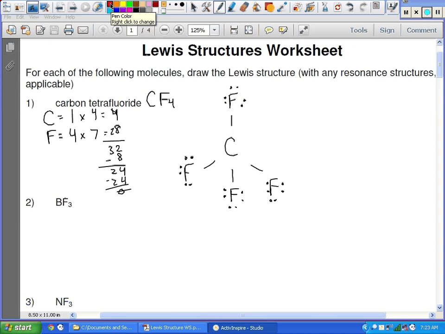Now let me go ahead and do a few other things. The first thing I'm going to do is list the model, what model this fits. Then I'm going to list the shape, and I'm going to do this for every single one of them, but I'm not going to label it every time like this. I'm just going to write all the answers down. The angle, the hybridization,